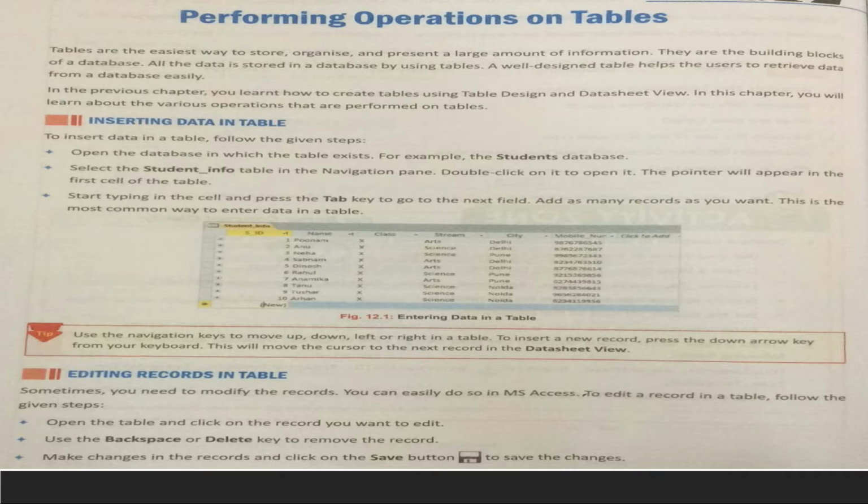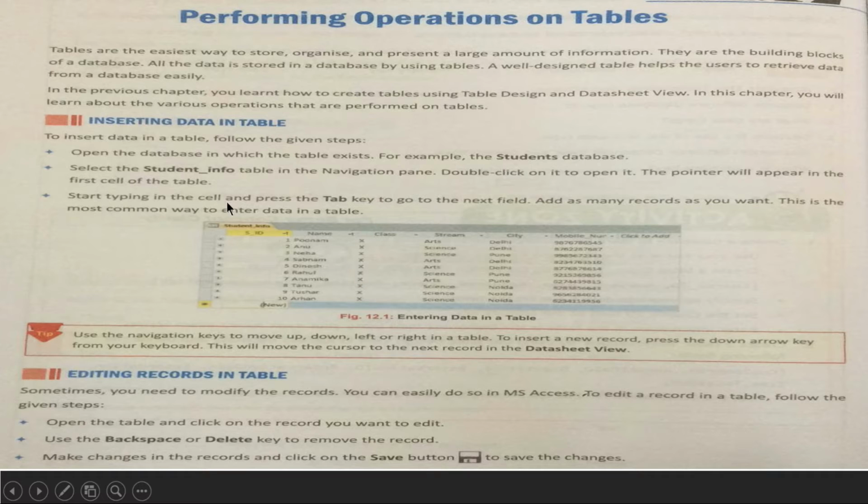Very simple steps. You just open Microsoft Access, then work accordingly, and you have to follow. These are actually the field names, and under the field names you have to give the records and data, whatever it is. The horizontal one is actually the record, a full piece of information for a particular student, and the vertical one is the attribute or column. Okay, so that is the thing.